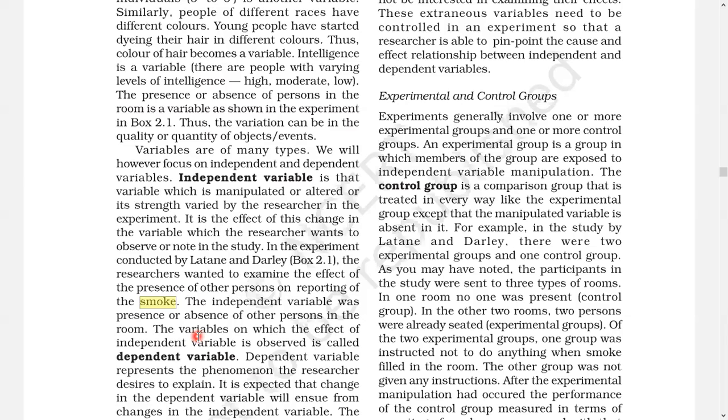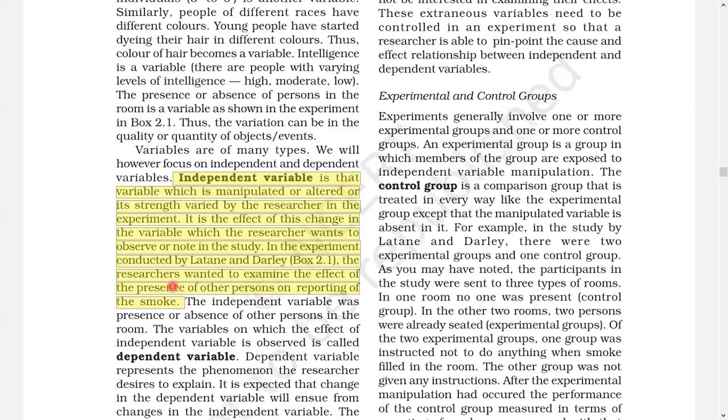So the dependent variable is a variable which is dependent on the independent variable. When the independent variable varies, the dependent variable changes. When the independent variable causes something, the dependent variable gets affected. In a simple way, this is how you can understand dependent and independent variable.